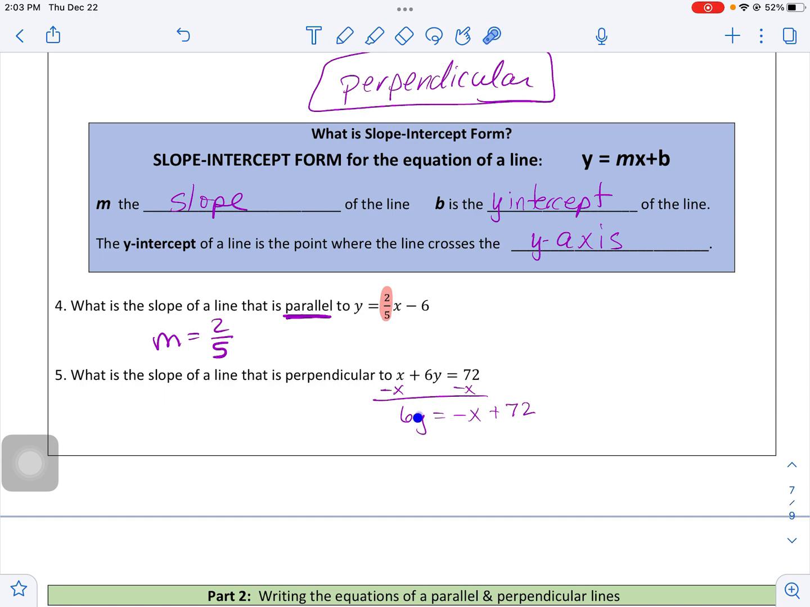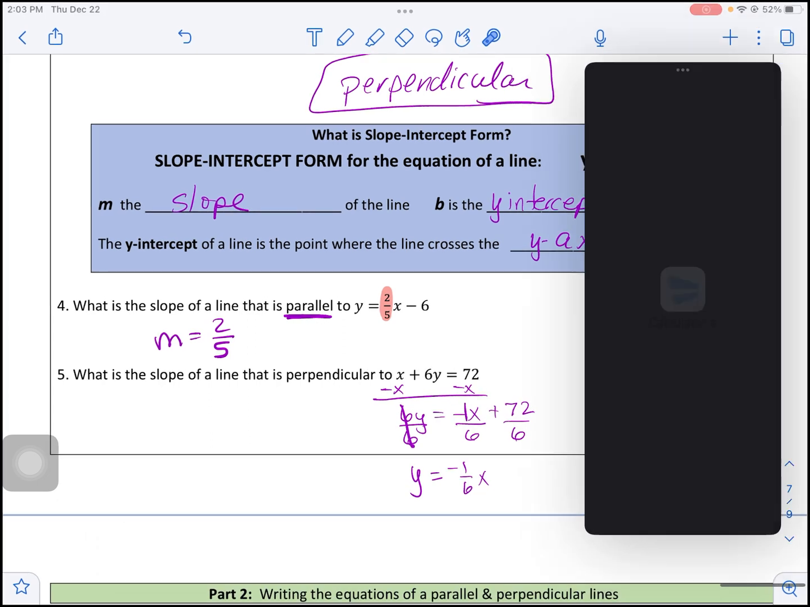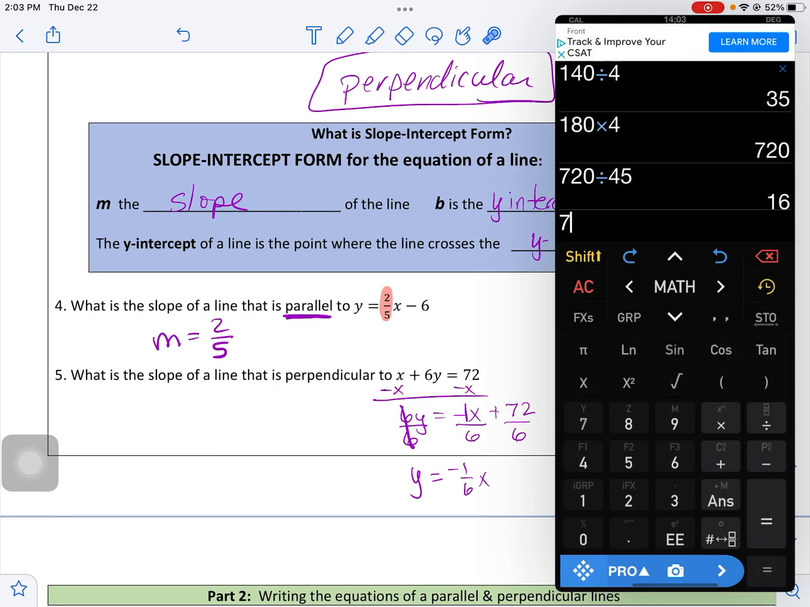In order to get the y by itself, I have to get rid of the 6. Because it's 6y, that's multiplication. Do the opposite of multiplication and divide by every single piece you see. These cancel and you're left with 1y equals. There's really a hidden 1 in front of that x, so I get negative 1/6 x. Then we have 72 divided by 6. If you don't remember what 72 divided by 6 is, you take out your calculator and type in 72 divided by 6. You get 12,